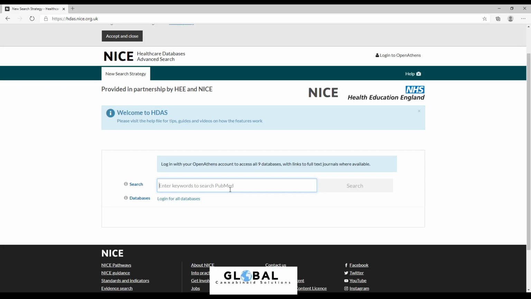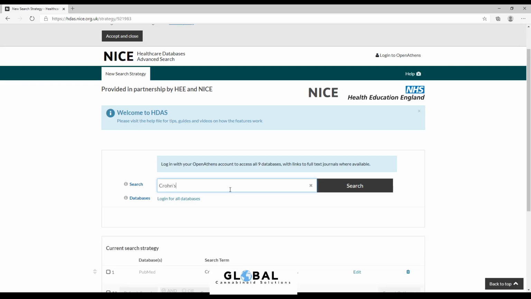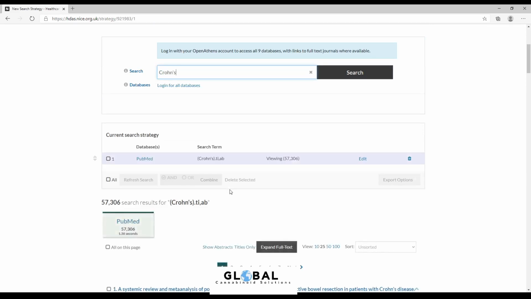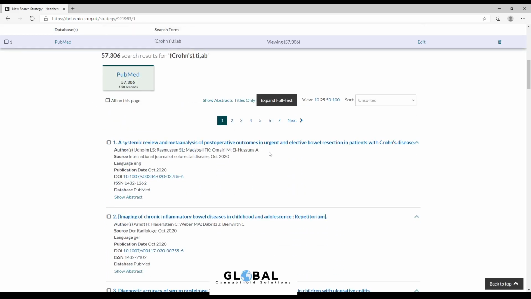And so if we go with Crohn's, that's a good example, so we'll go with Crohn's for now. Now again, Crohn's is a part of a family of inflammatory bowel diseases, so there's quite a few segments to it. But if we start with just say Crohn's and search and see what happens and what comes up. 57,000 papers on or containing the search term Crohn's,